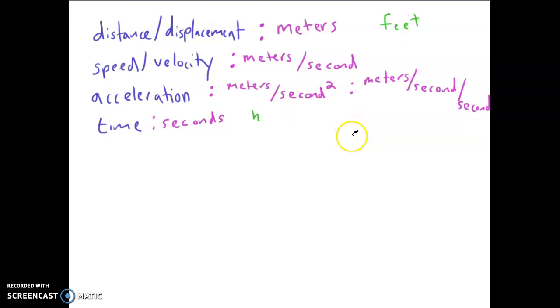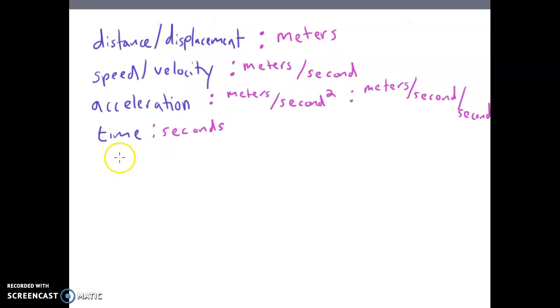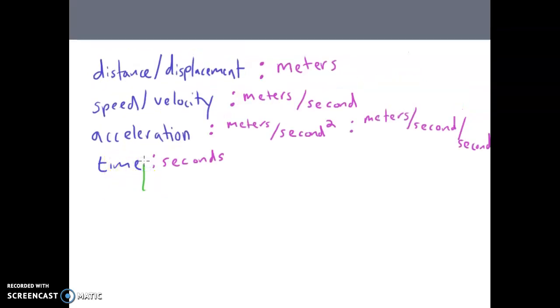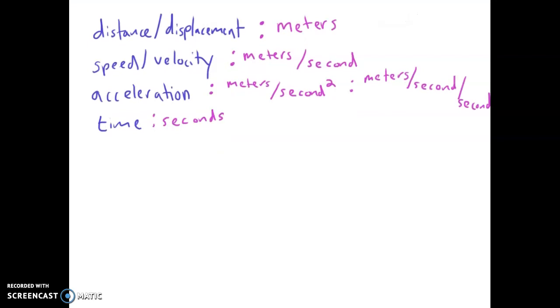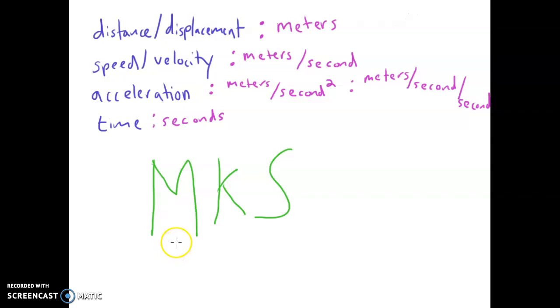But we're going to go by what's called the MKS. Let me recenter my screen there. But we're going by what's called the MKS. And it's called the MKS because the fundamental units are meters,